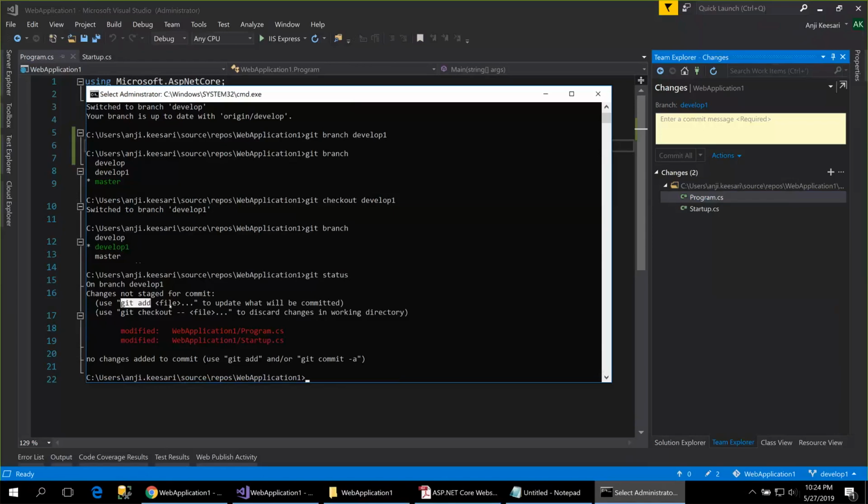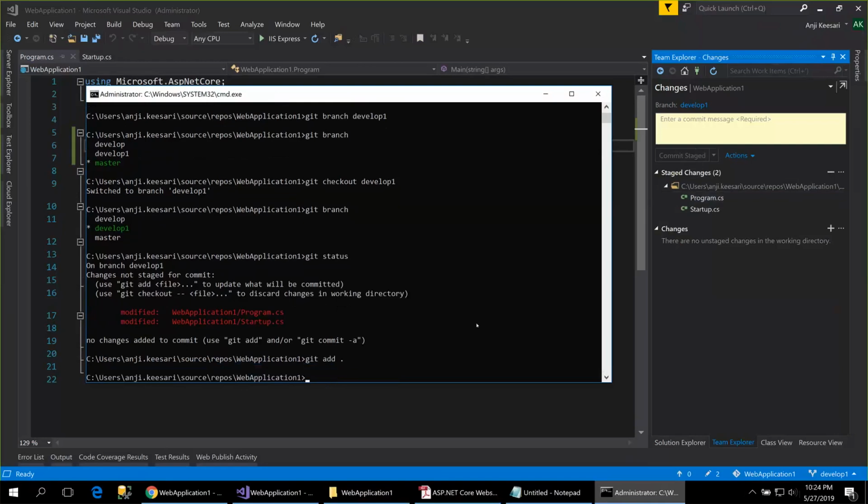to add it to the stage area, so that we can commit the changes. So in order to add the files, you can say git add and the dot, which will add all the files. Now if you look at staged changes, there are two files got added back into the staged. Now if I want to commit changes, I can enter git commit and then say